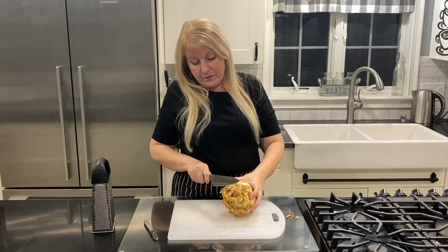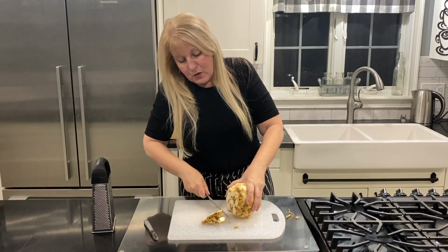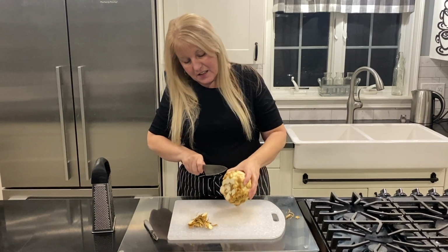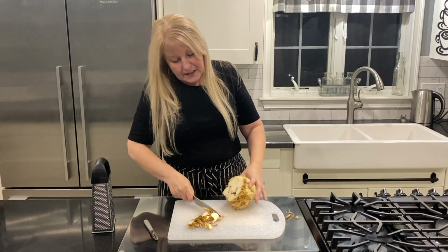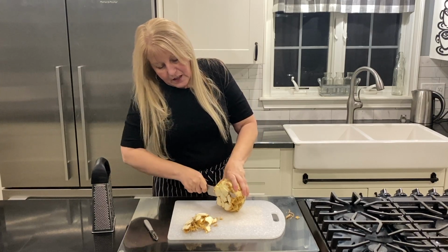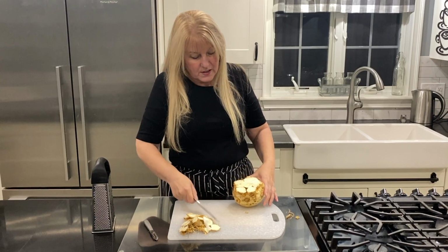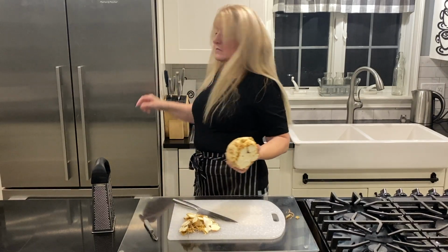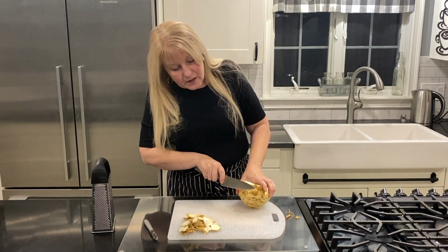And I go, I guess, halfway down. I try to cut off as little as possible. So I'll cut some off like that, and you'll see that it's still a bit of a mess in there. So I'm gonna slice off a little bit more, and then maybe just another thin sliver. I'm gonna cut that away so that what I'm left with is kind of usable celeriac. And then really, if you want to make life easier, I don't have a little knife. Okay, never mind. If you want to make life easier, you can just